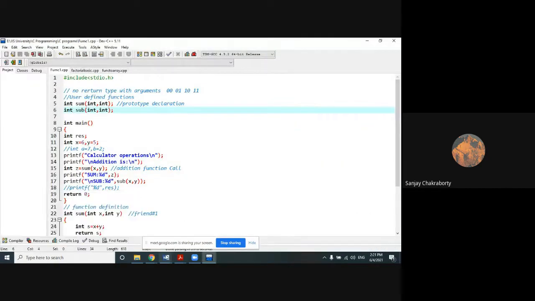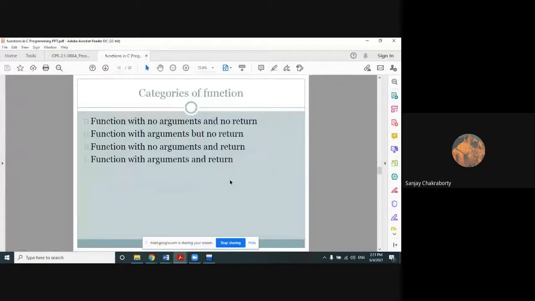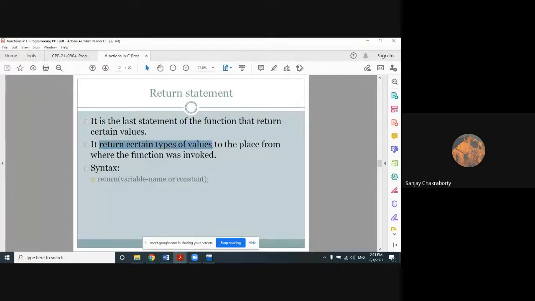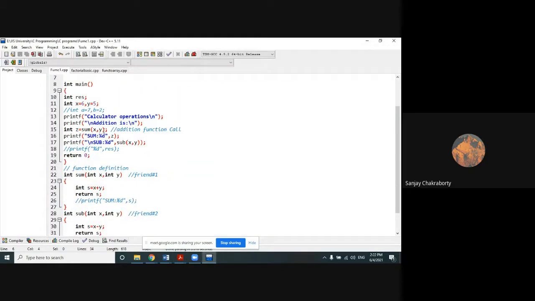So among these four kinds, it returns certain types of values to the place from where the function was invoked. So I already told, that means from which function you are calling your function, that function will actually receive the return value. Okay, so that logic I have told you here. I am calling the function from which function? From the main method.